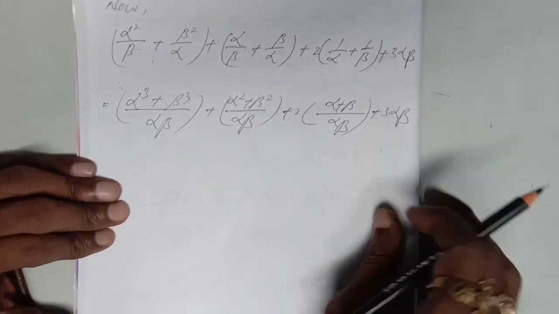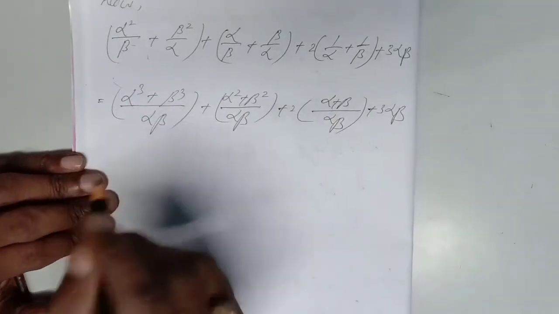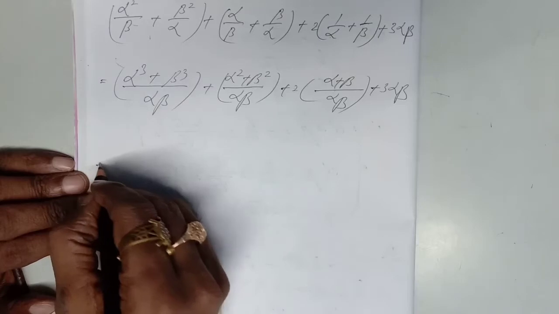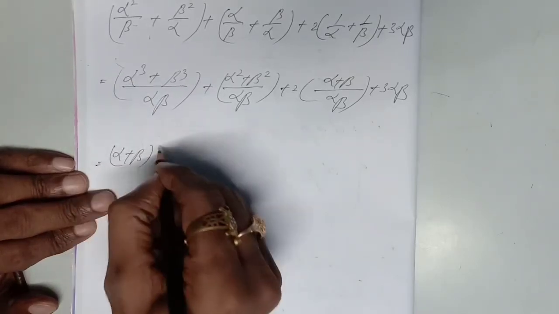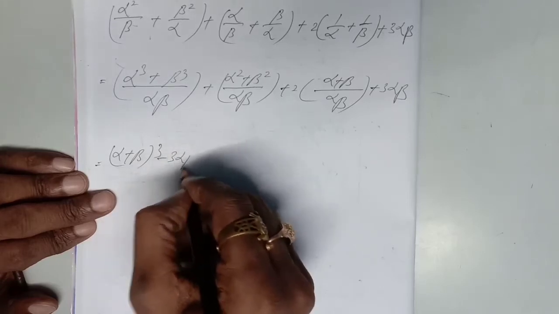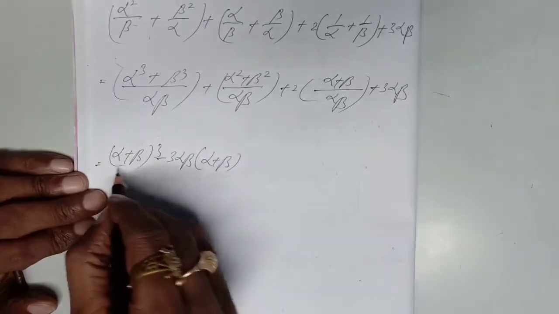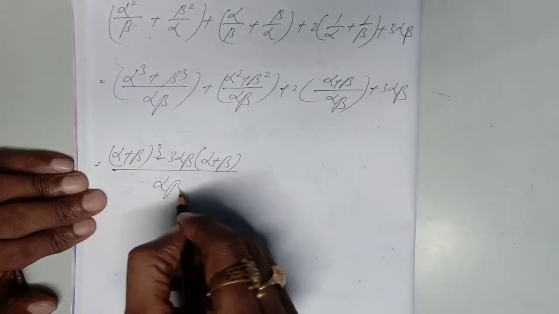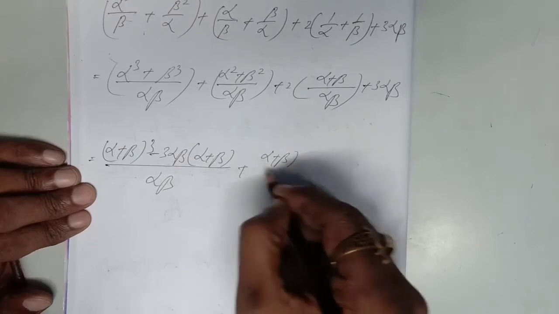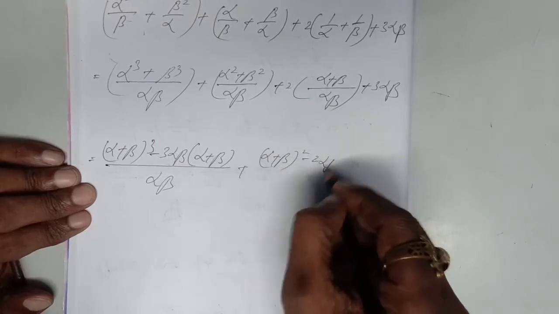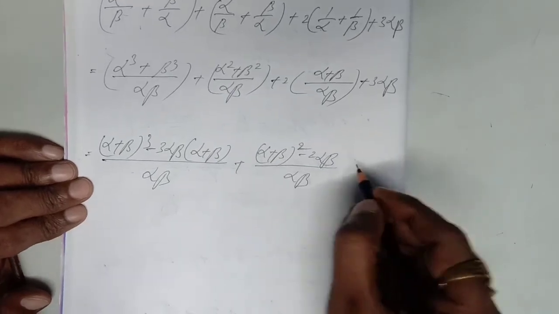See, where alpha into beta is given, you can put the direct value, but here you have to apply the formula. Alpha cube plus beta cube means alpha plus beta whole cube minus 3 alpha beta whole into alpha plus beta. This is the formula for a cube plus b cube. And downside is alpha beta. And same thing, alpha square plus beta square means alpha plus beta whole square minus 2 alpha beta, divided by alpha beta. And here plus